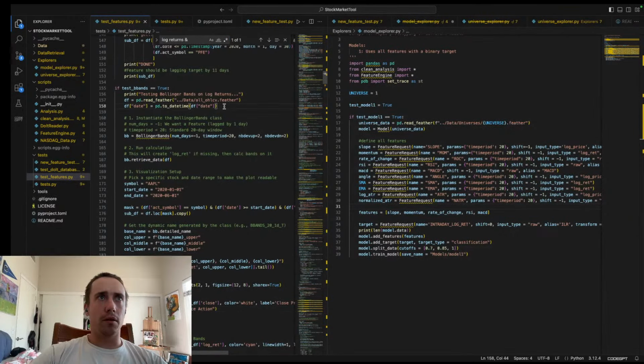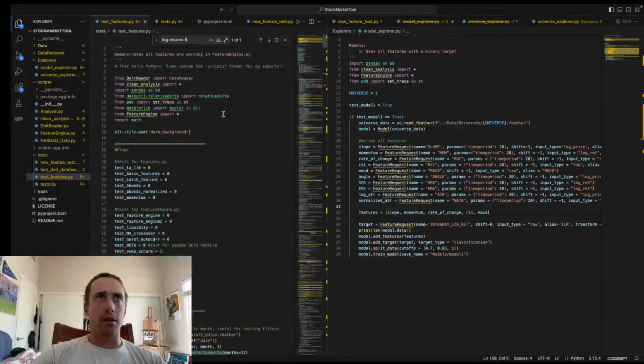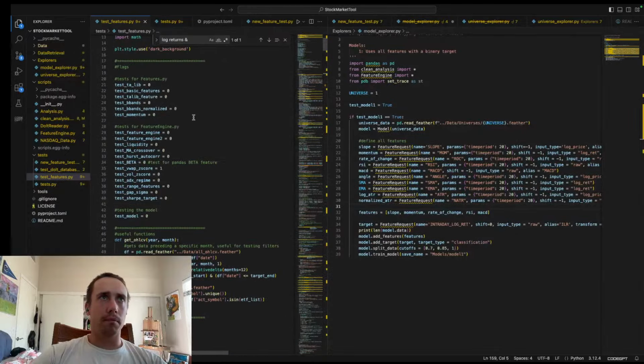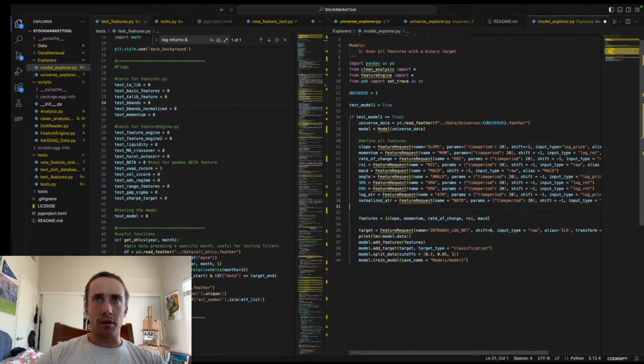Test B bands. Yeah, so that's not going to work, is it? Let's try putting it in here. That is using TA lib, so